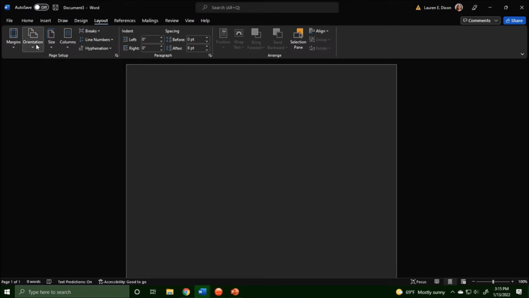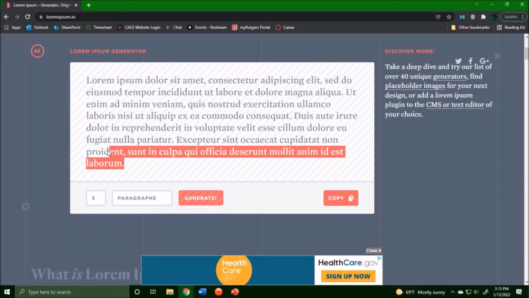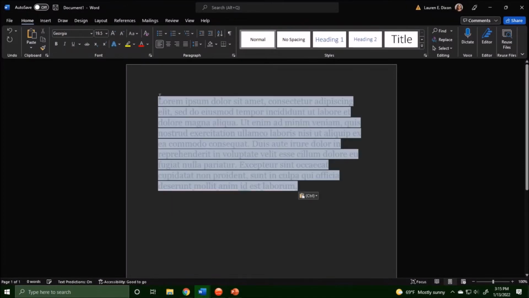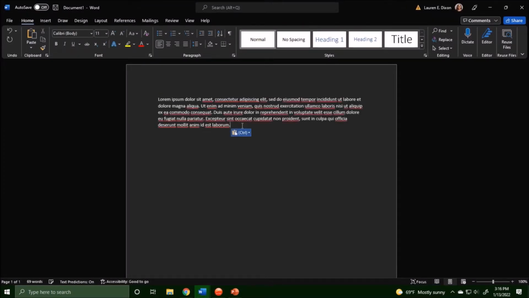The next thing is going to be paragraph spacing. So what I'm going to do is I'm going to go and grab some good old sample text. And I will show you guys how to copy and paste in a second. There we go. So what we're going to do for increasing the paragraph spacing is we're going to highlight all